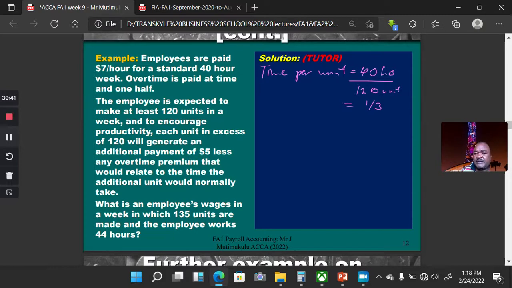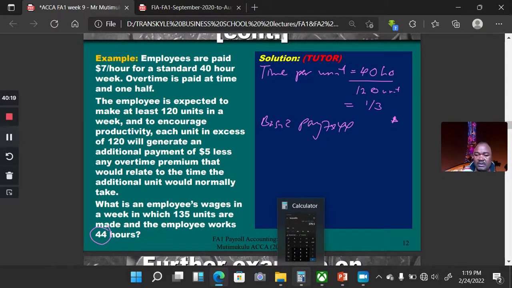Okay, that's a third, because 40 into 120 is 3. Now let us compute the mathematics. The basic pay. We're told that these guys are paid $7 per hour, and they've worked 44 hours. So that's 7 multiplied by 44, and we get